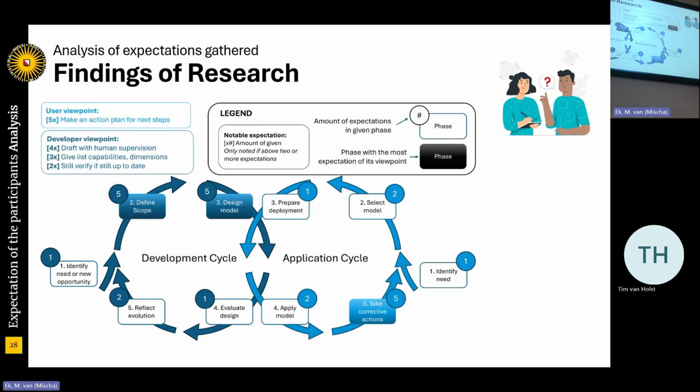And I put them and categorized them, and it showed that for the developer cycle, the most suggestions where generative AI could play a role were in the scoping phase and in the design of the model. For the application cycle, the most suggested one is create an action plan. That is the moment when you've created a maturity model and ask, what am I going to do next? And they expected that generative AI will help you create a customized plan, personalized to your organization. If I'm just going to get a document, that document is not going to talk back to me. So generative AI shows potential now.